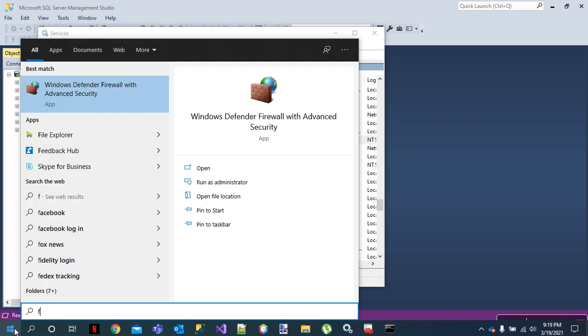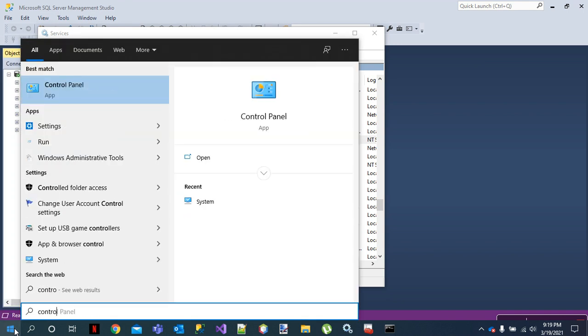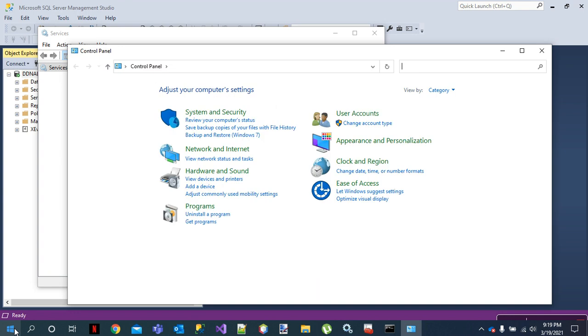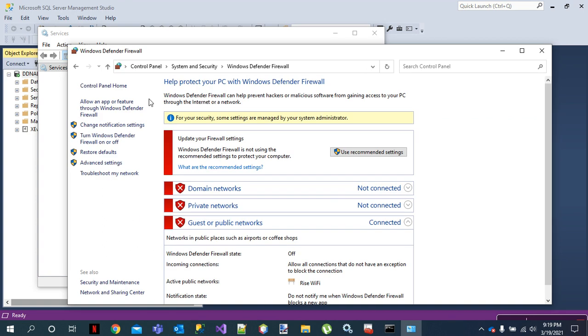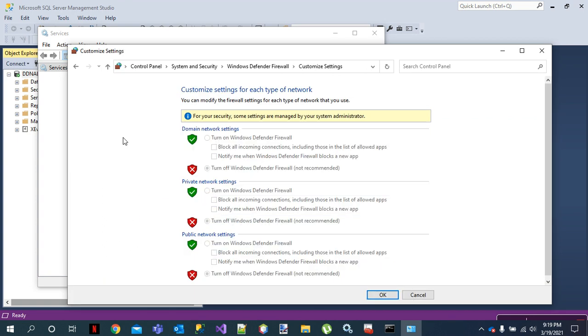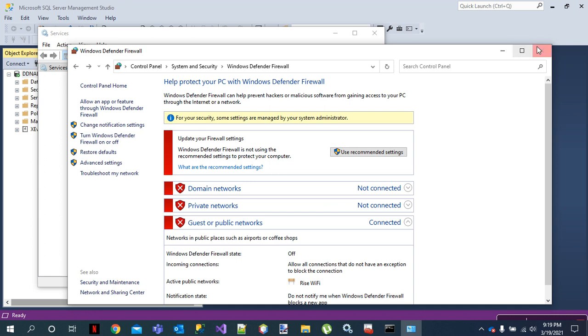So I'm just going to the control panel. For most users, you don't have to do this, but if you really want to follow all the steps here, you will have to perform this as well. So when I'm here, I want to check for firewall, right? Windows Defender firewall. This is via control panel, by the way, and I just want to make sure that all of my firewalls are off. As you can see, they've been turned off here. Okay, so things are fine. If you don't have management control over this, obviously you will see the message as you see on mine, that you can change some of the things here. So the firewall is off, the port has been set up, I know my IP address.